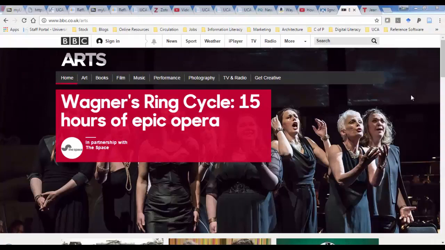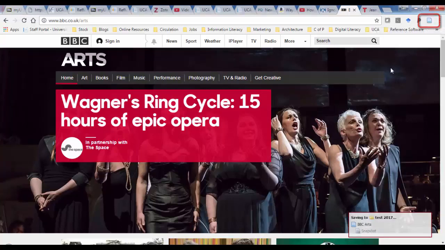So with this website, it's just bringing up this blue page icon, which is suggesting it's a website, but it also means the likelihood is it hasn't found all of the data required to make a proper reference. So if I click on that and save it,